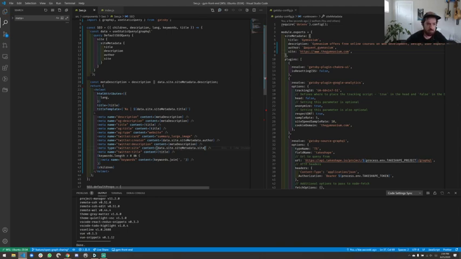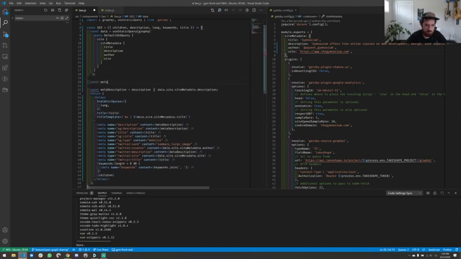Confusing. We can do a better job of that. Okay, so that's great. And now we can get rid of all of these data.sites in the way.